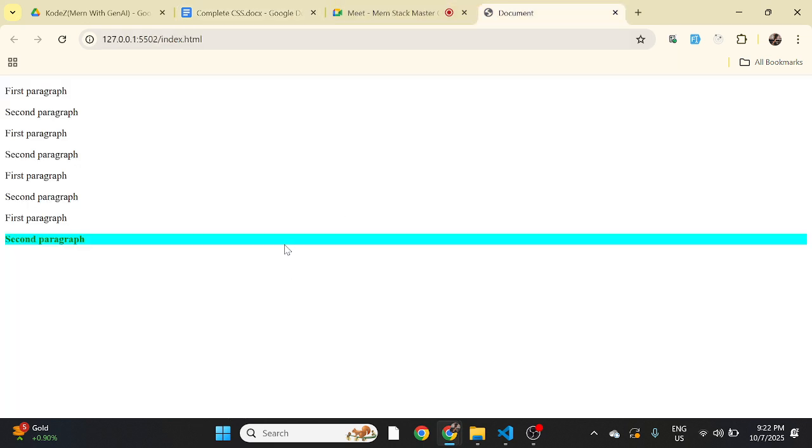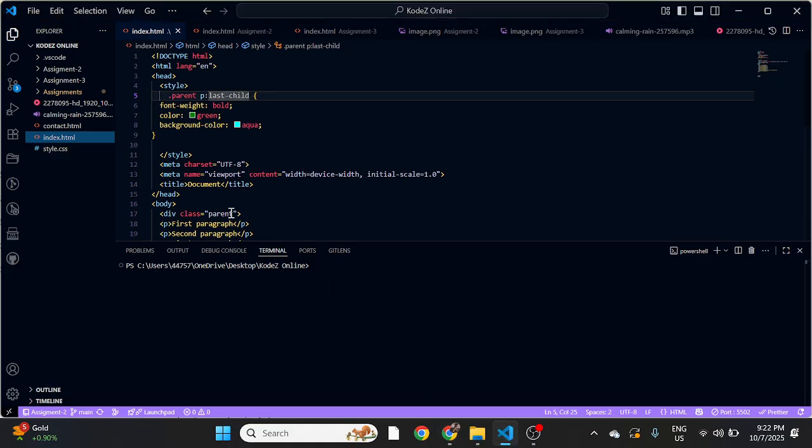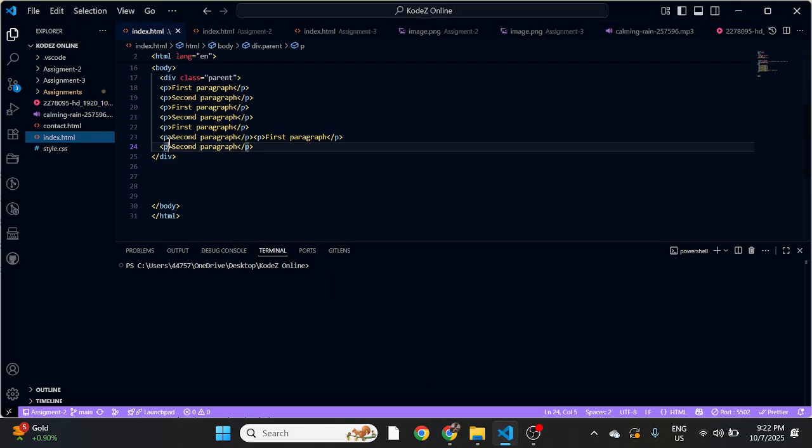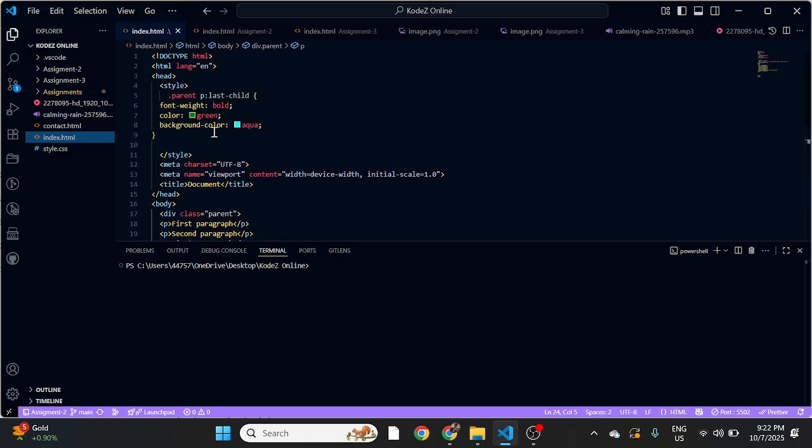Okay. So now what's the question in your mind is why we are using this first child, last child, right? We can directly give the styling into this class, the last element we can give some class name directly, we can target it, right? But the reason is, suppose you have a large amount of data, like you are creating an e-commerce web application, you have to create cards, product cards, and you want to give a unique styling to